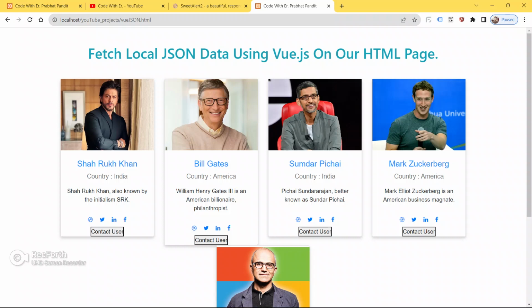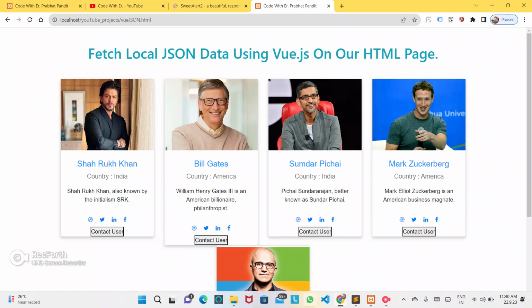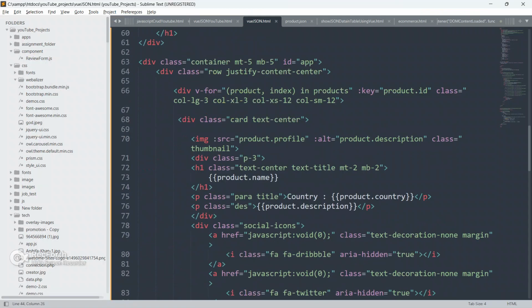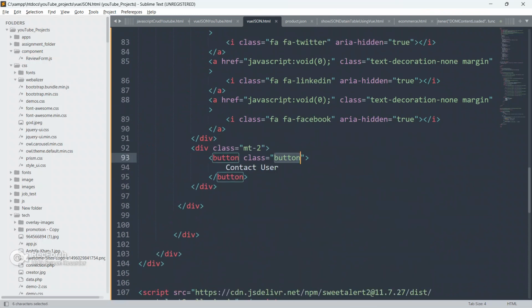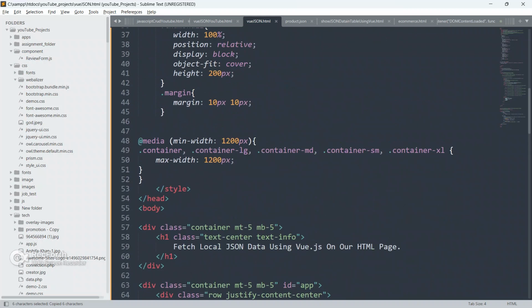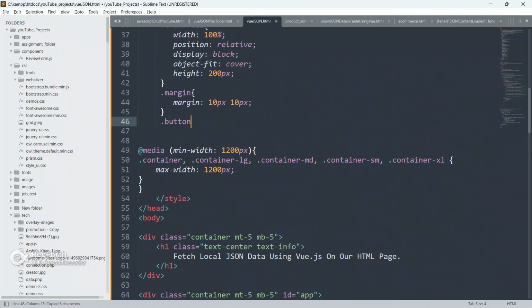But I'm not gonna do that here. I'm just gonna do some basic things to this card so that it will look good. My motto in this video is just to teach you how to fetch local JSON data on our HTML page by using Vue.js. That's it.